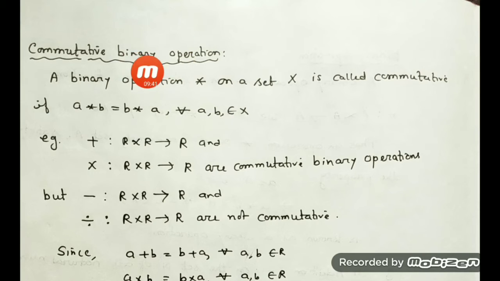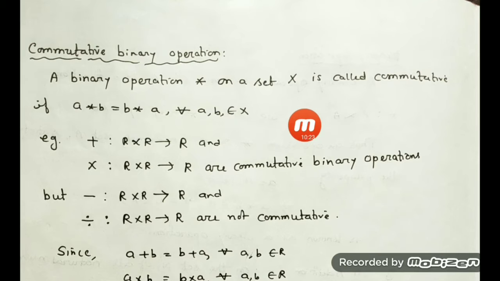So here, we have to give the definition of a commutative binary operation. It is a binary operation, and under what condition is it said to be commutative? So see the definition. A binary operation star on a set X is called commutative if a star b is equal to b star a, and it is true for all a, b belongs to X. It is given that this is a binary operation. Okay, so if I take a, b in X, obviously a star b will be in X. That is given, we don't have to check here. Sometimes it is asked whether it is a binary operation, and after that it is asked whether it is commutative.